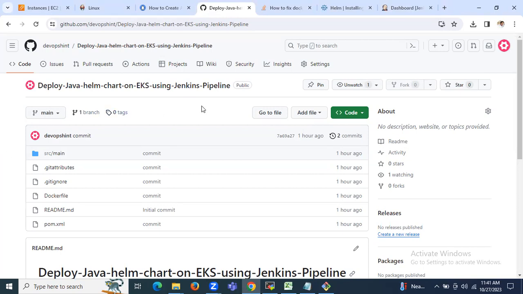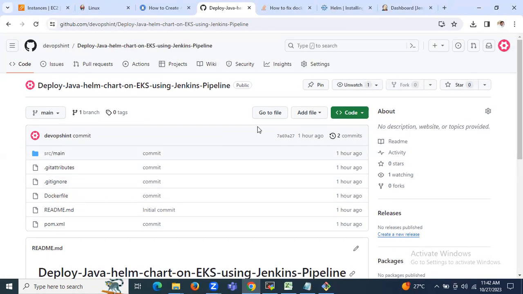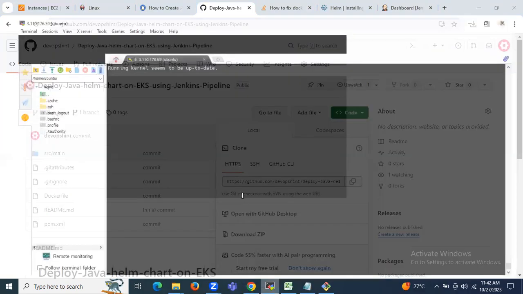So first of all, we need to create a repository, right? As you can see, this is my GitHub repository, and in my repository, I have a few files. First of all, pom.xml, then Dockerfile, then .gitignore, then .gitattributes, and this folder. Now I'm going to clone my repository. I'm going to copy the HTTPS URL and clone this repository into my